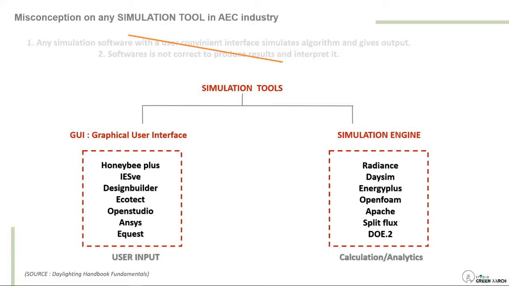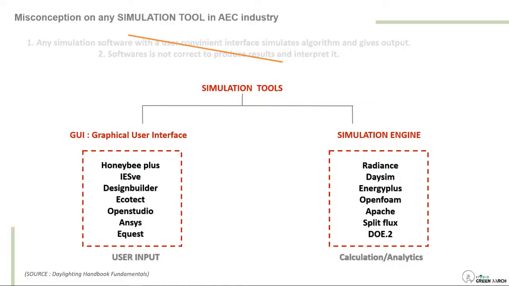Like for example, if I want to simulate a particular room in Honeybee, and I want to understand what the daylight factor is, what the useful daylight illuminance is, I will model all the data in Rhinoceros or any other CAD tool. I'll put the properties in Honeybee. So that is only the graphical user interface part. But when we are talking about daylight simulation, every part of simulation is done by the Radiance engine. So Radiance is the program on which basis you should compare a particular software.